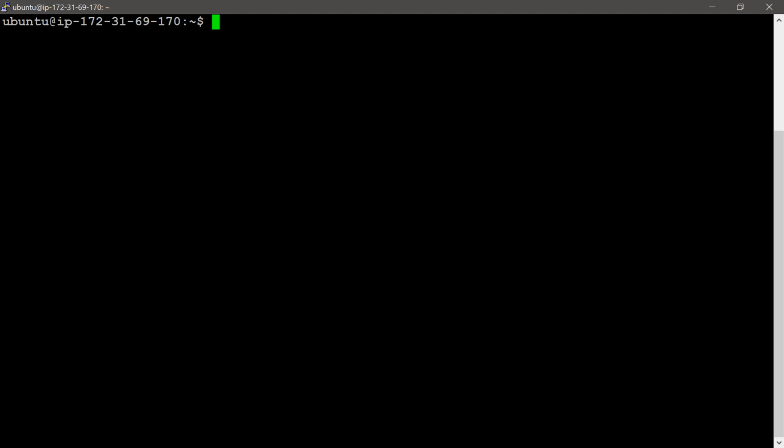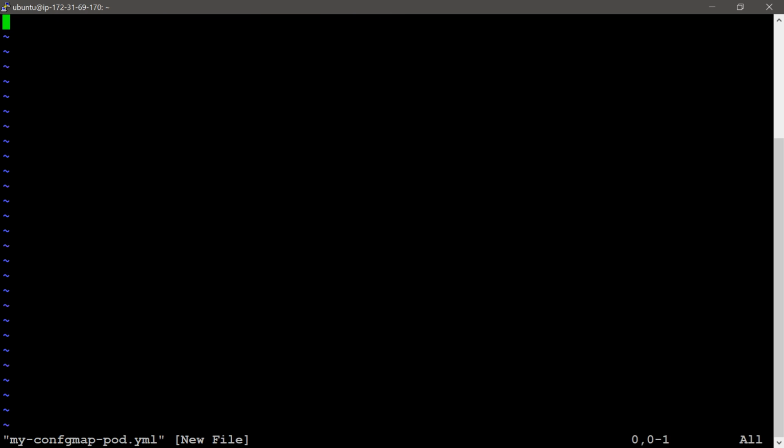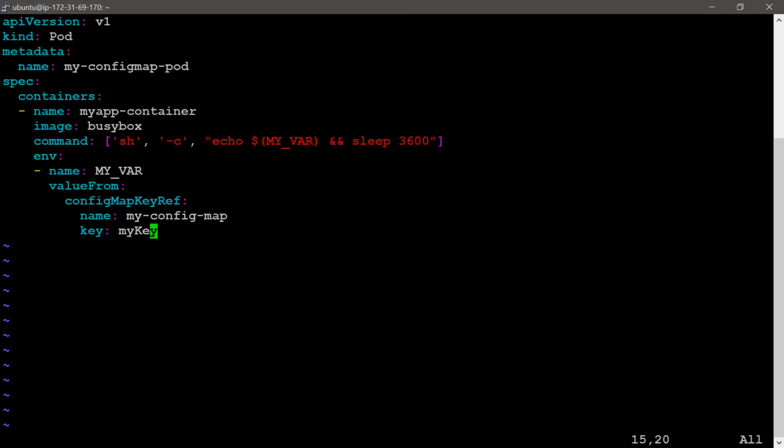Now I am going to pass config map data to a container as an environment variable. For this I will create one more file, my-config-pod.yml. I am giving API version v1 for the pod.